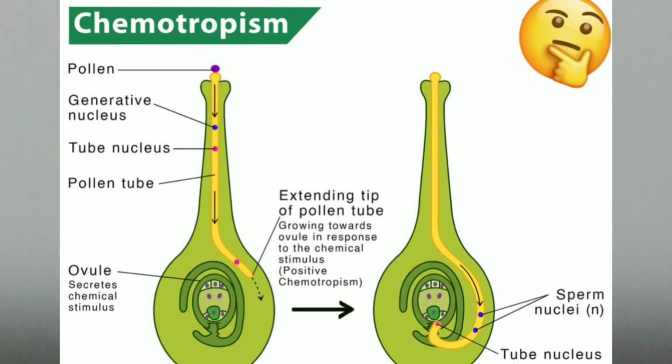Last one is chemotropic movement or chemotropism. Chemo means chemical substance, tropism means movement. So the movement of plant towards chemical substance is called chemotropism. So we all know that flowers have a sugary substance called nectar, which will attract insects for pollination. When the insects or birds are attracted towards the flower, while sucking the nectar from the flowers, they will deposit pollen grains on the stigma of the flowers. The stigma actually has this nectar. The pollen grains which are deposited on the stigma will absorb that nectar